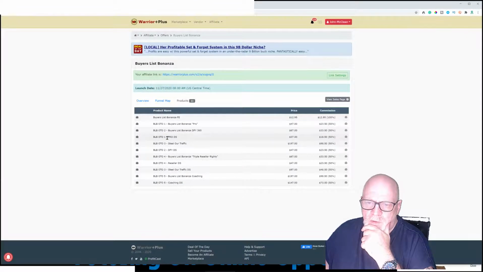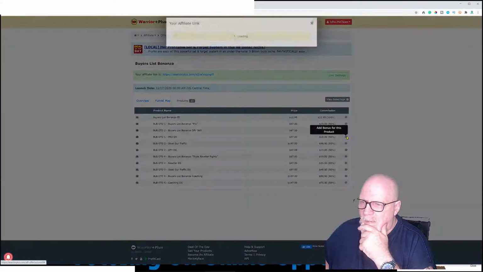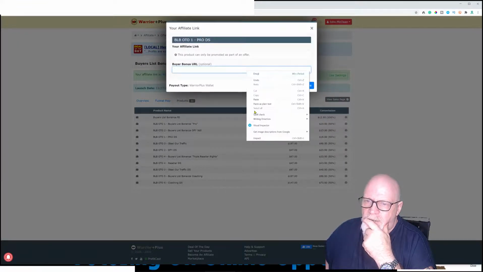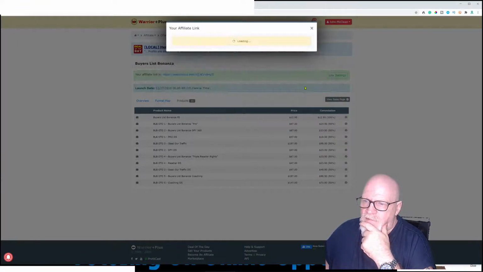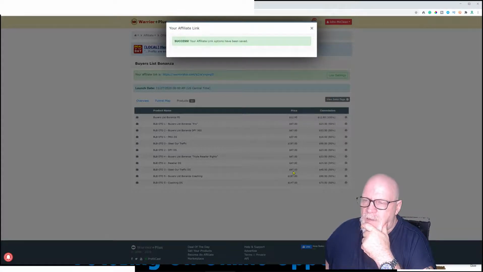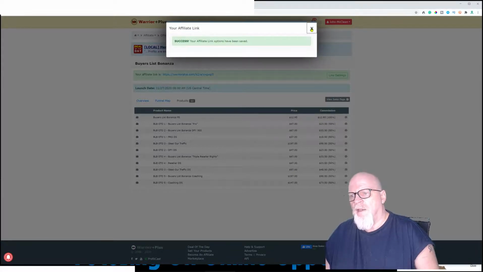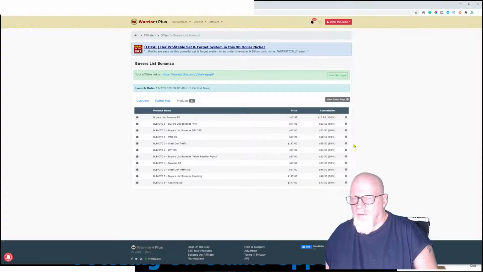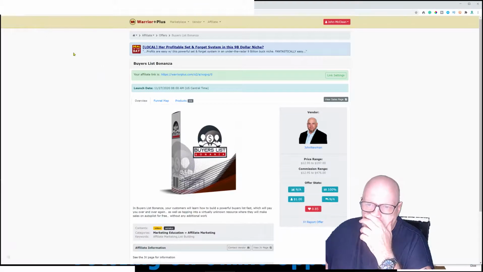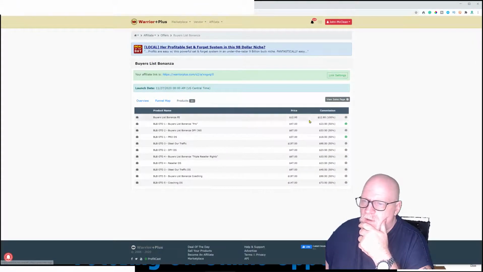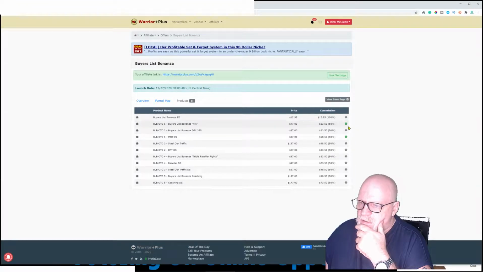So OTO1 Pro downsell, paste that in there and then save. Okay, so that's that done. At the moment, as you can see, these are grey. But if you refresh your page and go back into products, you'll now see that those two places where I put bonuses